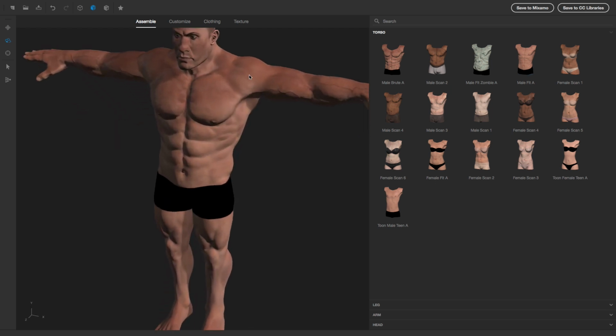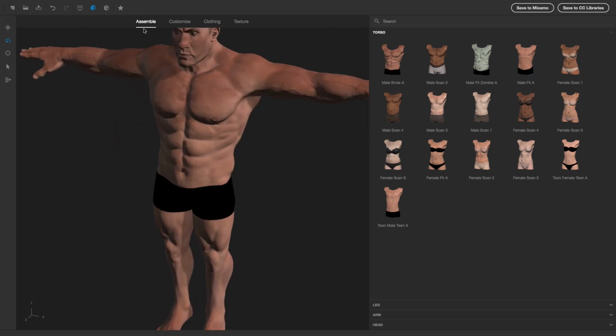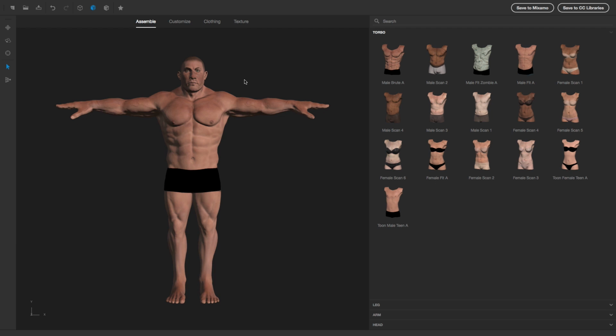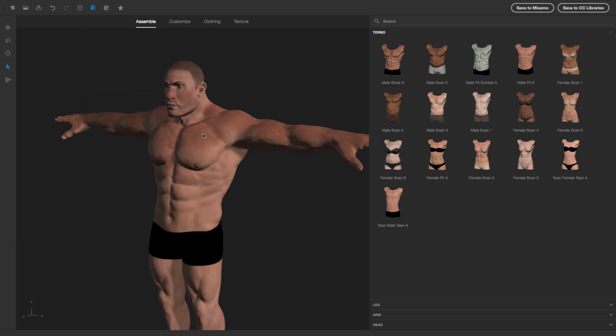But what's really cool is there are these 4 rooms: assemble, customize, clothing, and texture. If you move through these, they're the 4 parts of what you would do to create a custom character out of all the stuff that they've been continually putting in to give you options to customize and change things. It gives you a base character, and what's cool is you can already hover over parts and they light up so you can see how you could move things. All you have to do is grab any part, and you can see, if you wanted his head to be through a weird hat, or his arms, biceps. What it's actually doing is handling all the sliders with restrictions behind the scenes.